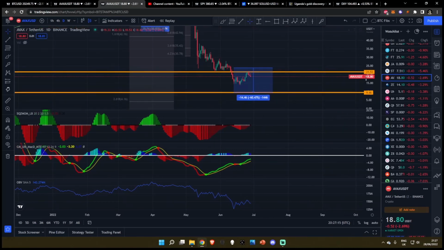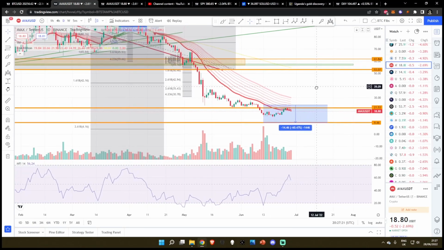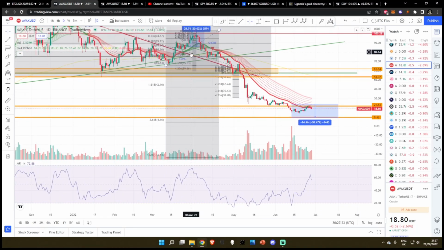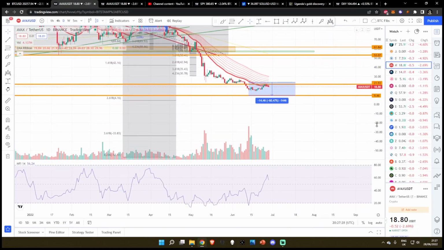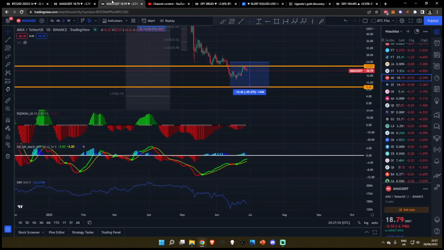Alright, quick TA update on Avalanche. So we're going to start off in this video talking about the market structure, talking about the fractal with the EMA ribbons on the daily that we have been playing out time after time again, and how every time we've been having these breakdowns. We'll be talking about the volume and the money that is flowing in and out of the market, and then we will be wrapping up talking about the oscillators, talking about our momentum indicators and where we're likely to head down to next.